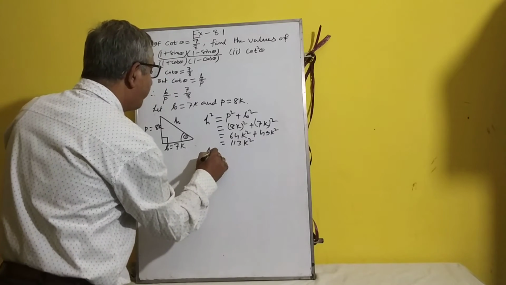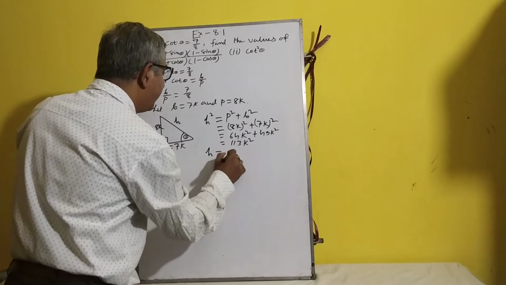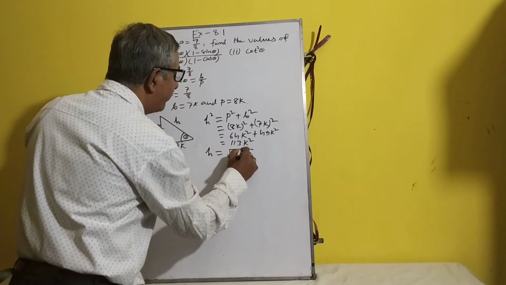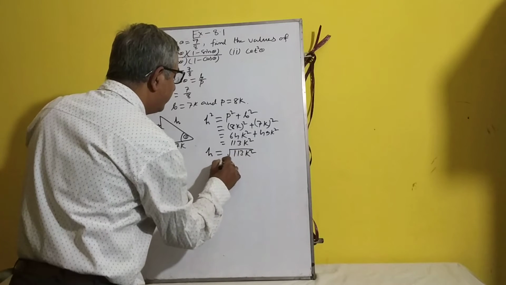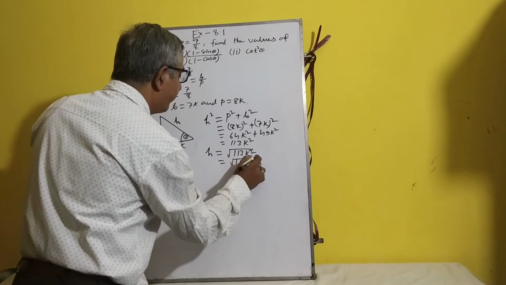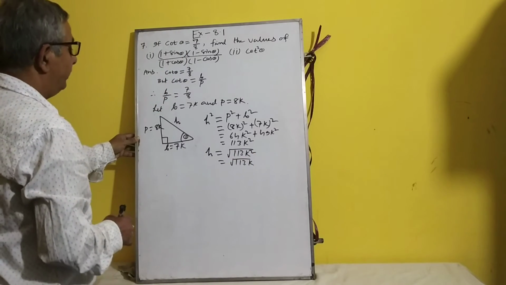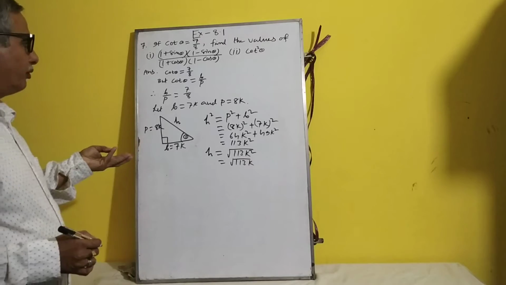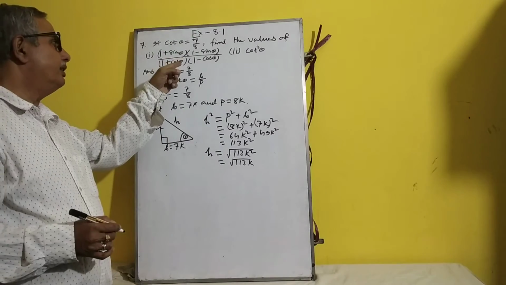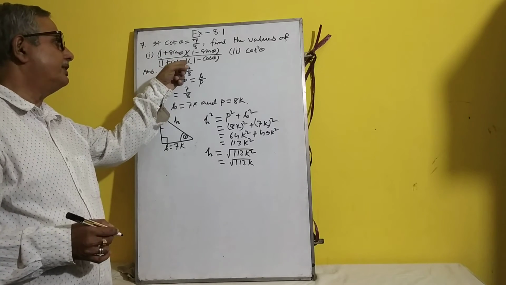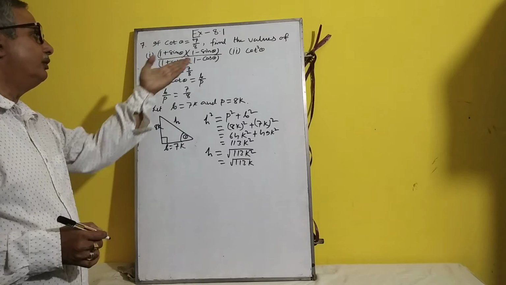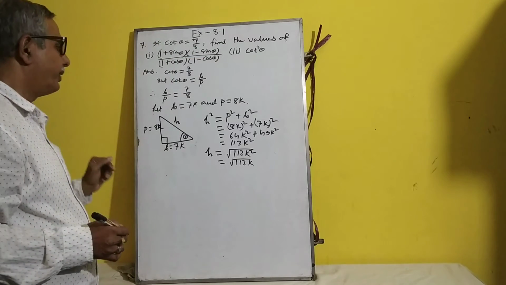Now, instead of h, you are getting the root of 113 K square. So, you are getting root 113 K. Now, you are doing perpendicular, base, hypotenuse, all these things. Here, what will be required? Sin theta will be required, cos theta will be required, cot theta will be required. Cot theta is already given itself. Only you have to do the square, you will get the value.